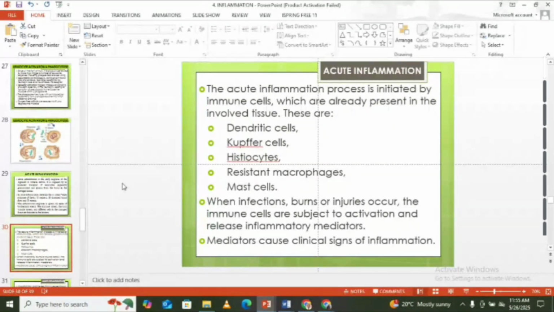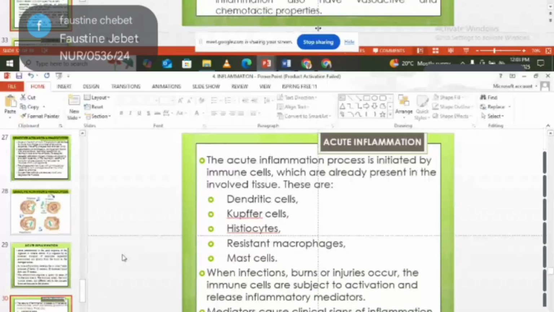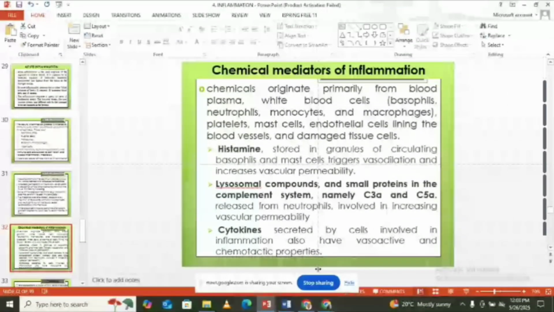So when we talk about acute inflammation, we're talking about inflammation that is of rapid onset. So usually, okay, thank you. So some of those,